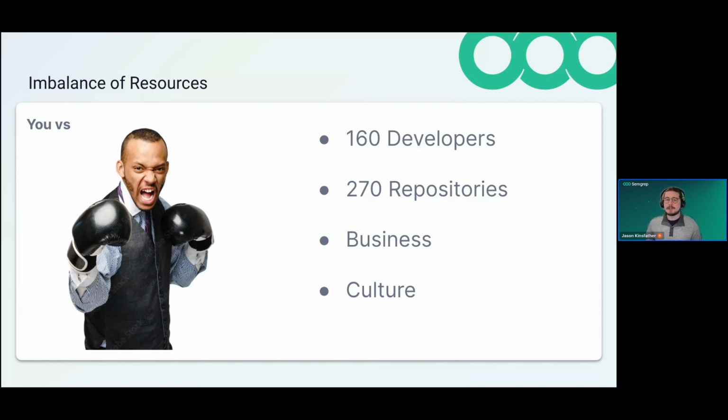And what I found based off of my N equals 150 sample is that on average, for every one application security personnel that my customers had, they had around 160 developers that they were supporting and around 270 repositories that they needed to secure. So in just a numbers game, of course we know these numbers are off and kind of disproportionate, but it was fun to do the math myself instead of taking Gartner's word for it or whatever. And so you're often up against a lot of things and a lot of code, but you're also